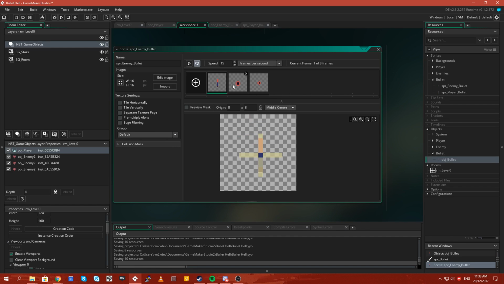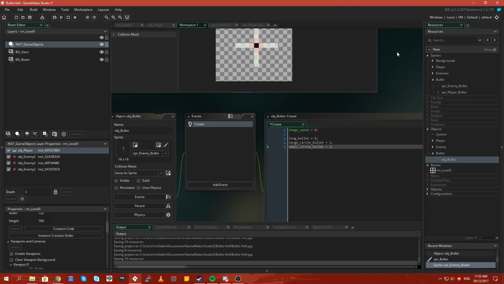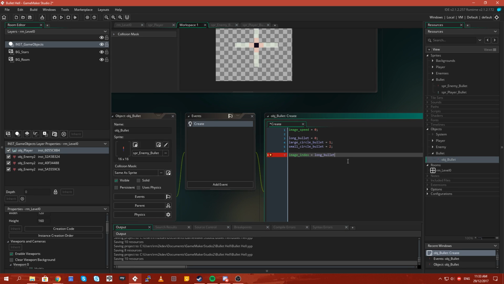So that is frame 0, frame 1, frame 2. Those are our different bullets. And then we'll say image index equals, I know this is redundant, but I like to write stuff like this just because it helps me visualize what's actually happening. So this is going to be don't animate. Then we'll say bullet types.